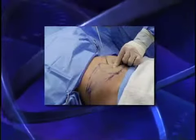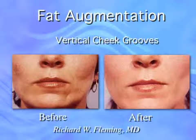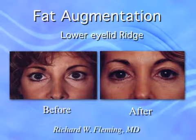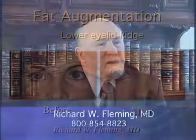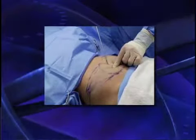My first choice is using the patient's own fat, doing liposculpture, just like we're doing fat transfers to the face for deep grooves between the nose and the mouth, or the hollowness under the eyes that some people get with age. We go down on the body, typically the abdomen or the thighs, take some fat and inject that in